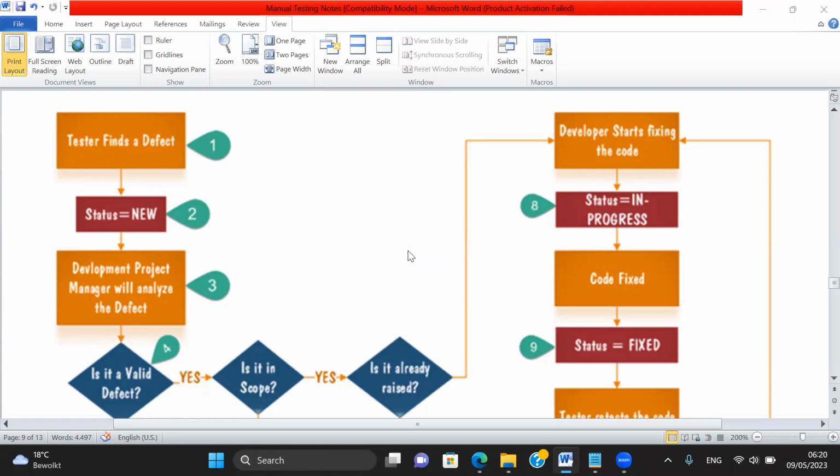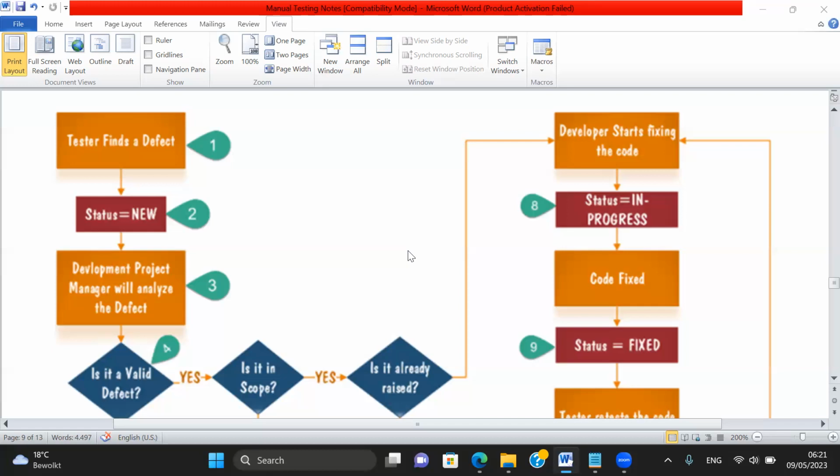Don't worry. There will be a button called create defect. When you click on create defect, it will give you a screen where you have to enter the details of the defect and click on submit. Now when you create a defect, the status of the defect initially will be new. Then to whom will you assign the defect? The manager or test lead. After assigning to the manager, he will receive an email saying, for example, Shravanti has created a new